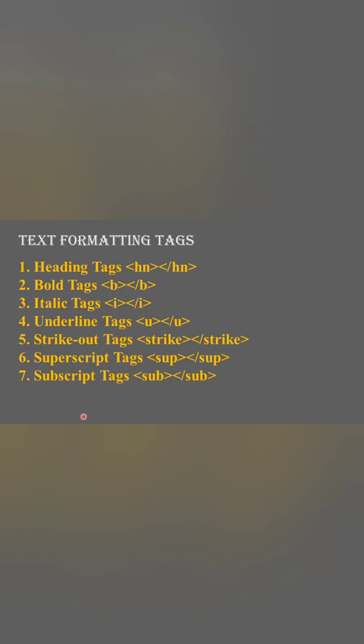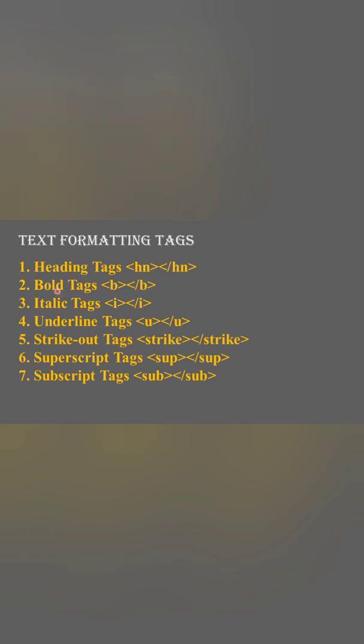So what are the things you can enter on a web page? You can enter text, you can enter images, or you can insert tables. Now we will see what the text formatting tags are. From the name itself, it's clear what the purpose of these tags is. Heading tags are for creating a heading for your web page. You have to learn the purpose of the tags along with the tags. These are the heading tags, HN. HN is used for representing the heading tags.